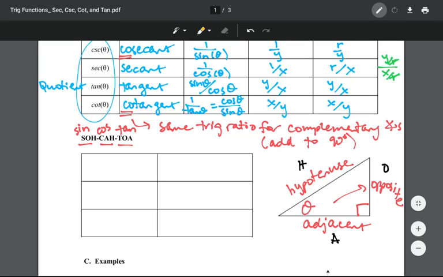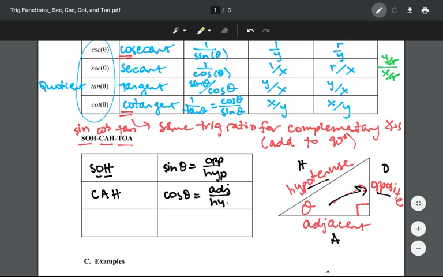So when I break this down, the sine of theta is opposite over hypotenuse. Okay, the sine is opposite over hypotenuse, and that would work with our y's and our x's. Next is CAH. This tells me that the cosine of theta is equal to adjacent over hypotenuse. Adjacent would be this side here, and if I was on the unit circle, that would be my x